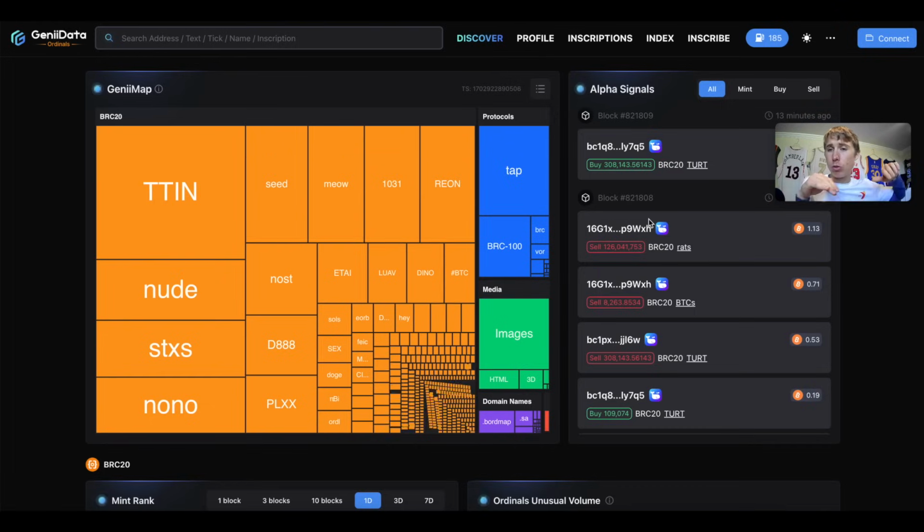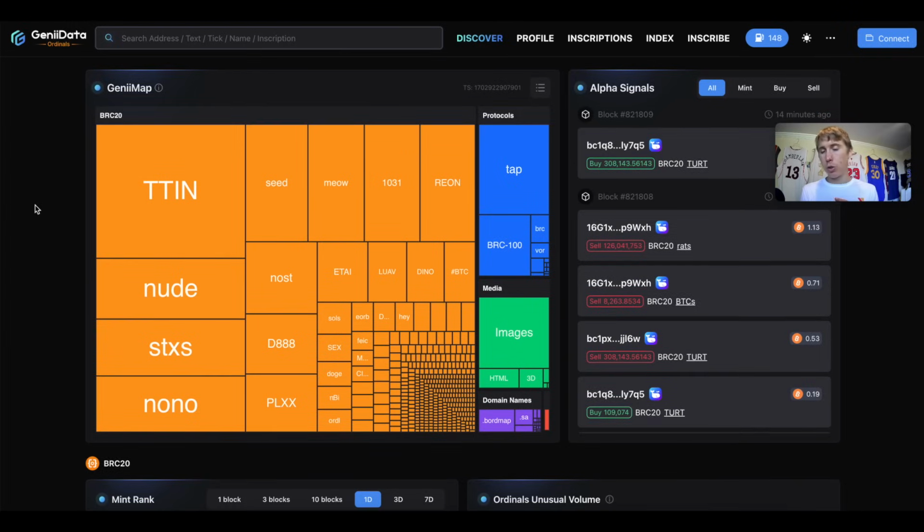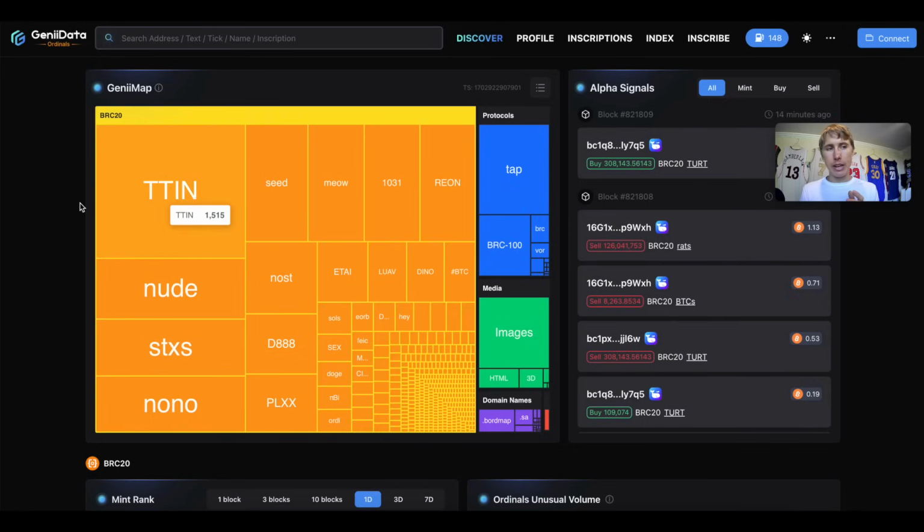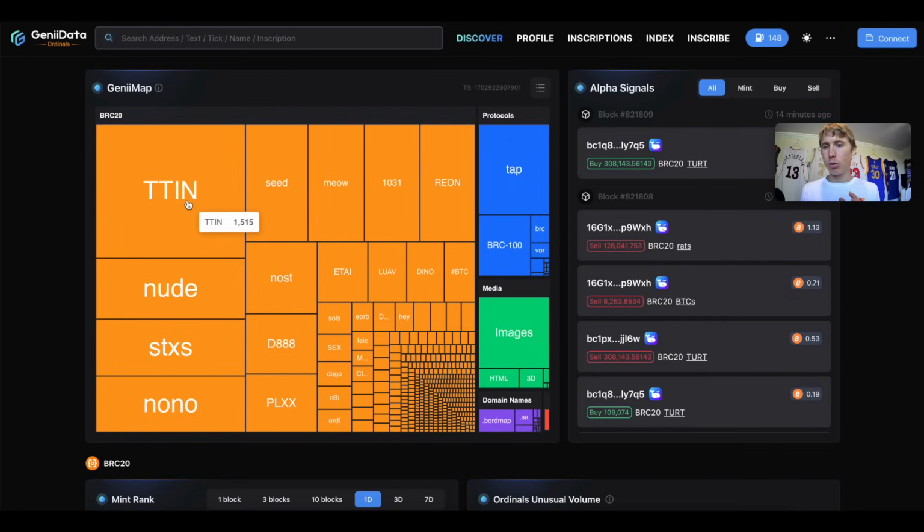Now to go into Genie Data. Genie Data is basically an ordinals tool that shows you the different gas consumption, or the fees, being used on particular tokens or ordinals. I do have a pass for Genie Data, so I get access to a little more information, but this is a little tool you can use to see what's going on in the mempool. So right now we see TTIN. This is consuming a lot of gas right now on Bitcoin. For some reason, people really want this